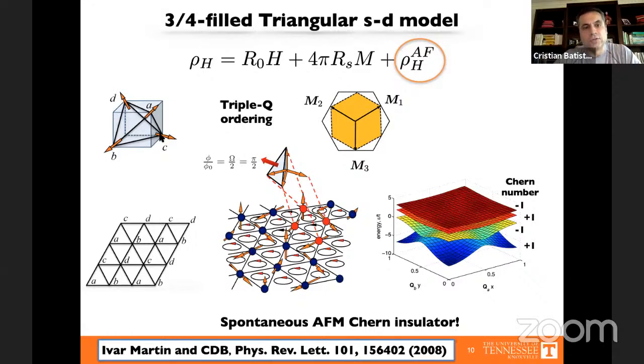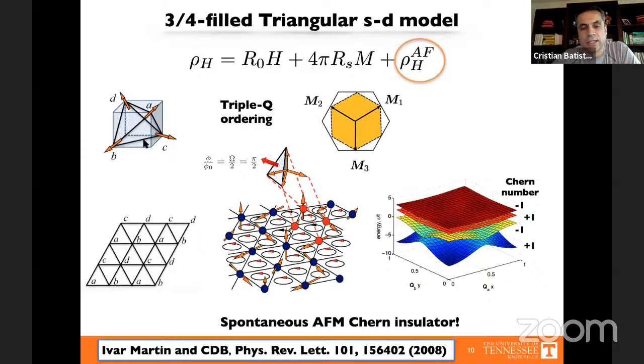Now, from what I told you before, the effective flux associated with this phase corresponds to half of the solid angle spanned by these 3 spins on a given triangle. But given that these spins are pointing along these main directions of a regular tetrahedron, the solid angle is basically a quarter of the solid angle of the sphere, right? So that means that we have a quarter of a flux quantum on each of these triangular plaquettes for this